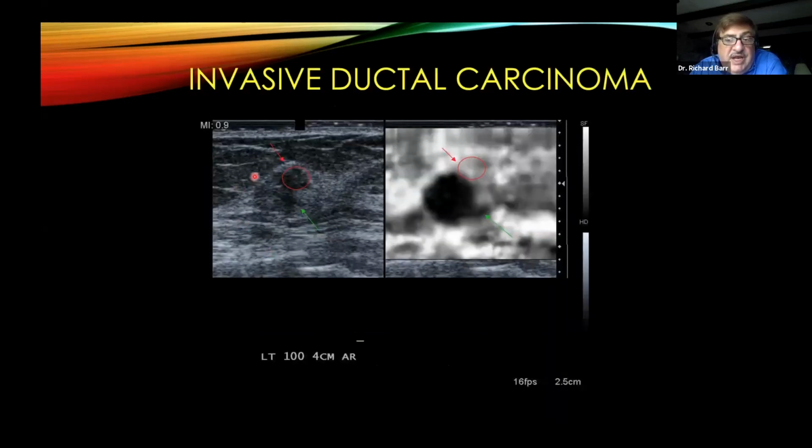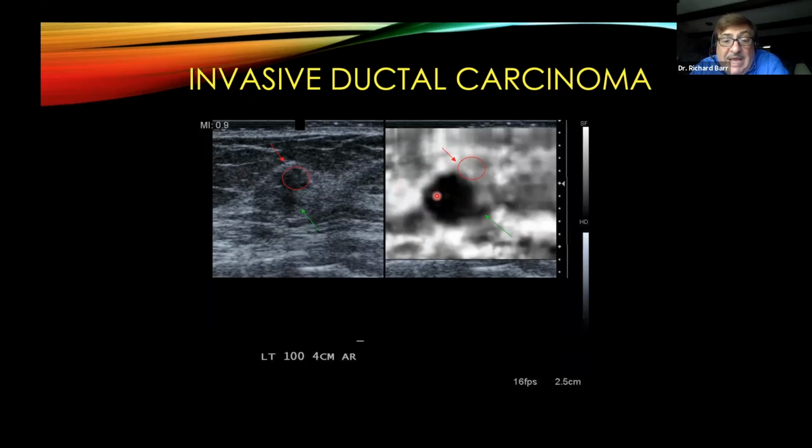This is a lesion that I learned the most from, a new lesion on mammography. We try to do all our biopsies on ultrasound. I like to say this lesion had a body, a tail with a green arrow, and a head circled in red. When we do our strain elastography, the body and tail get larger, the head disappeared. So this patient we did a biopsy, it was invasive ductal cancer. She had her lumpectomy. I asked the pathologist to pull out the slides, and the head actually was a benign fibroadenoma. So the elastography correctly predicted that this was benign and this was malignant.